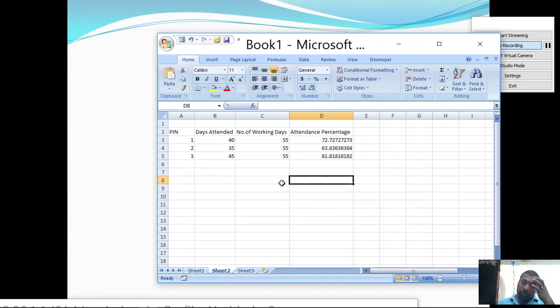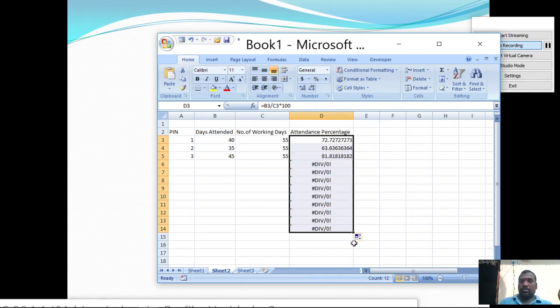So like this, you can apply the same formula for more rows of data by just dragging the cells. For example, here I am using the formula for these many rows.